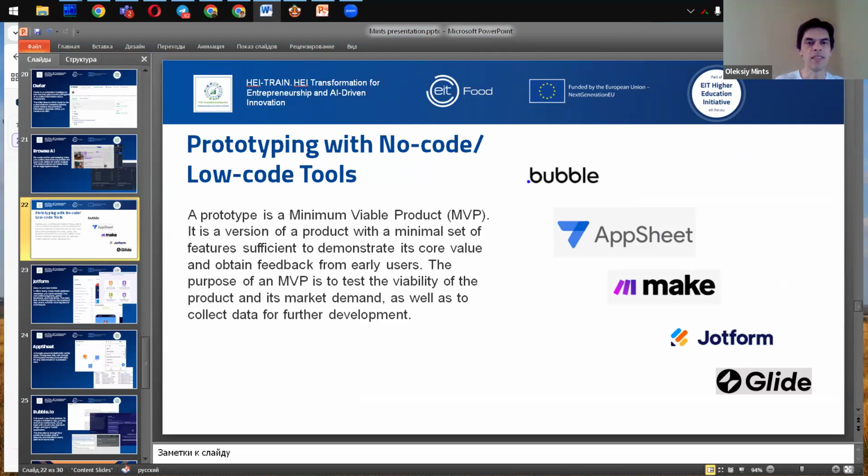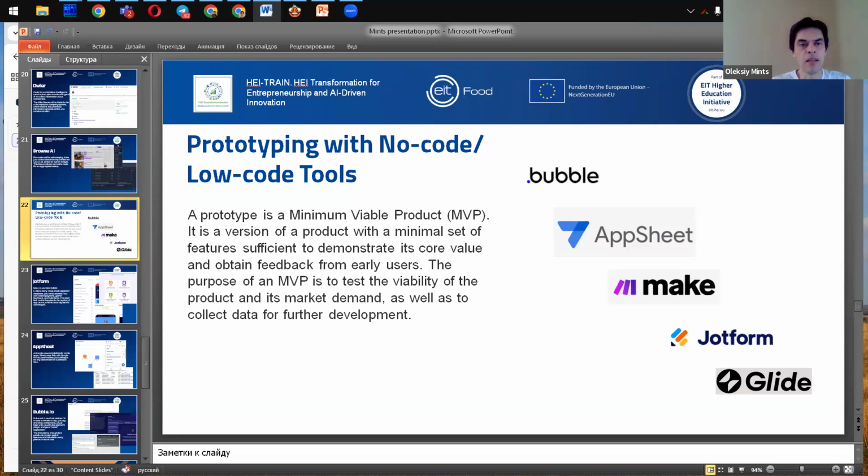A prototype is a necessary step between a startup idea and a commercial product. It's a demo version of the future application. It may be slow, it may be unstable, but it must be able to demonstrate the main features of your application. Without a prototype, the discussion of a product's value remains abstract.